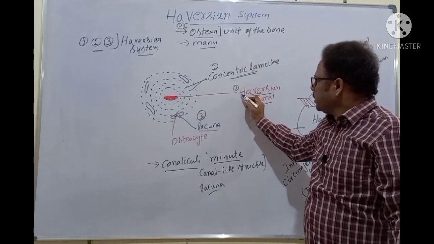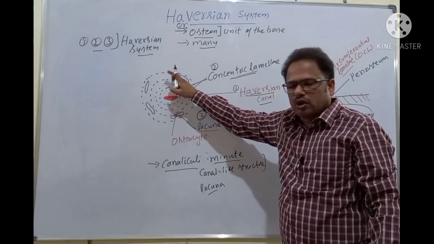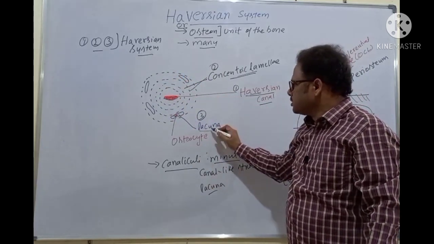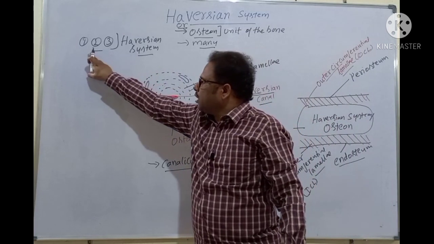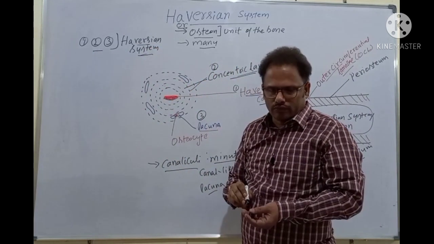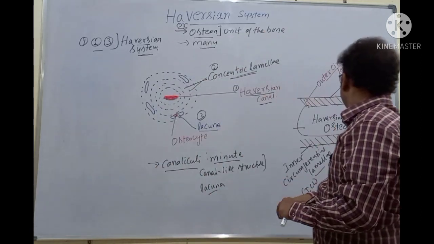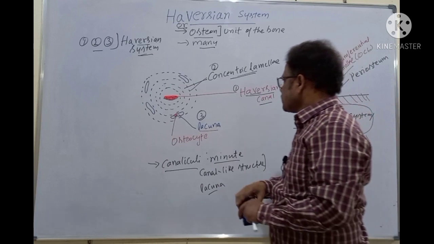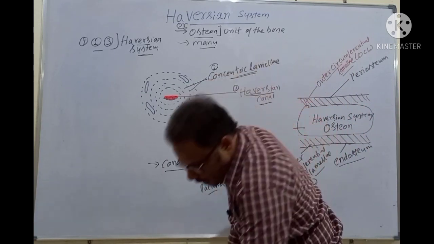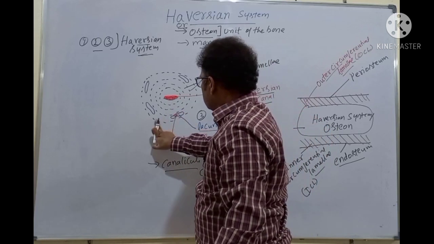So tell me, one is the Haversian canal, number two is the concentric lamellae among the concentric circles, number three is lacunae. All these together, 1, 2, and 3, form the Haversian system here, the unit of the bone. Clear, students? Among this entrapped one, there is also a very important structure, and that's called the